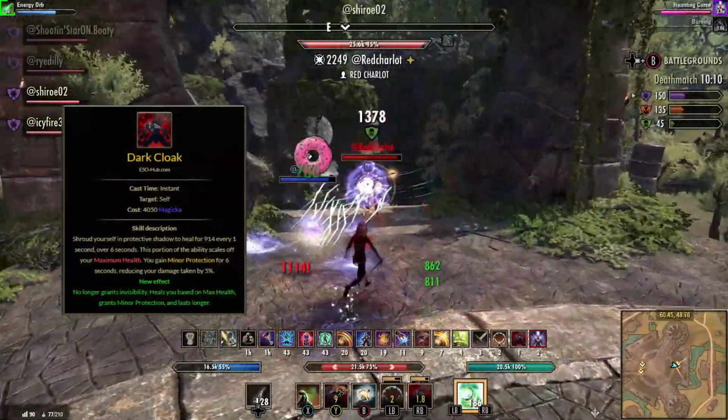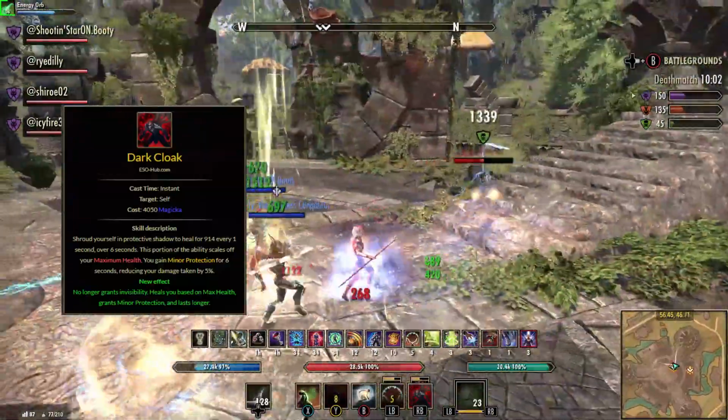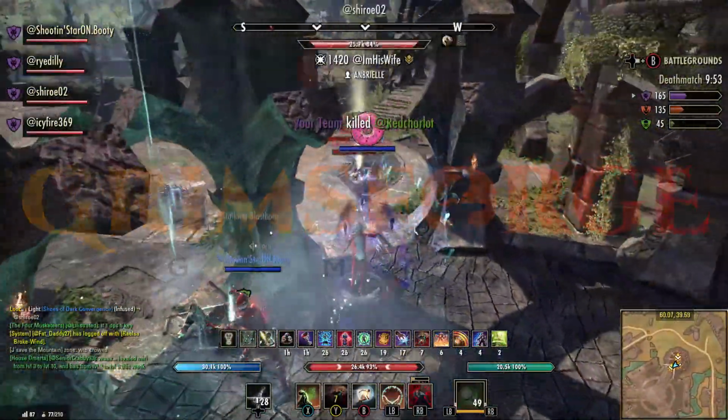This is our main source of major resolve and also minor protection, and gives us a nice heal over time based on our max health for over 6 seconds. This ability is getting adjusted to give a higher heal over time, but the duration is changing to 3 seconds instead of 6. Now, I was talking to my buddy Grim over at Grim's Forge Gaming, and you could certainly